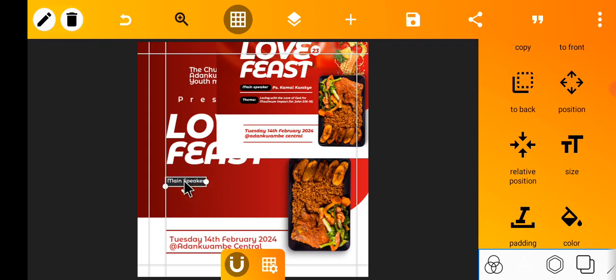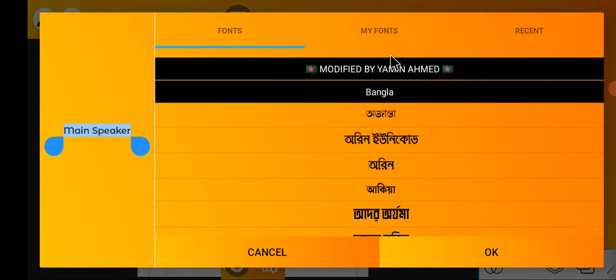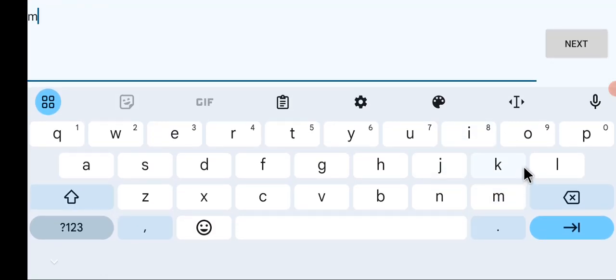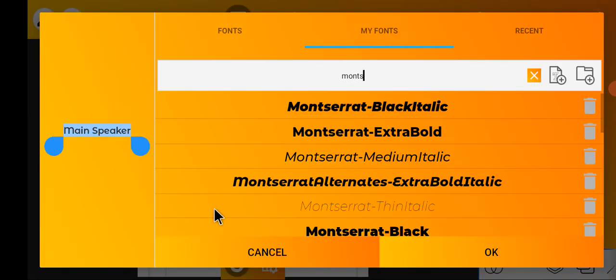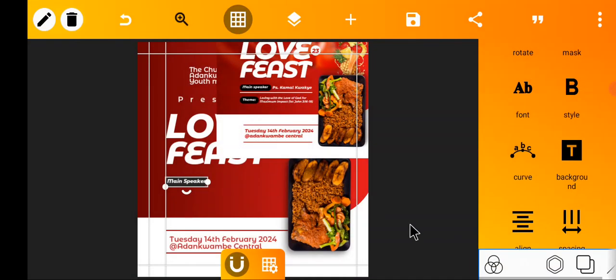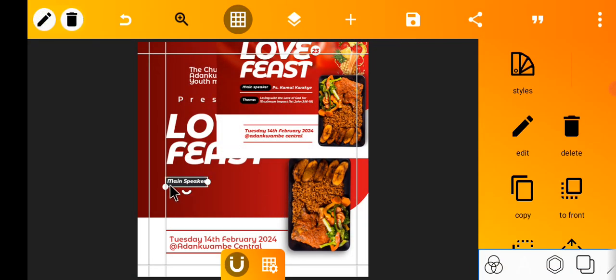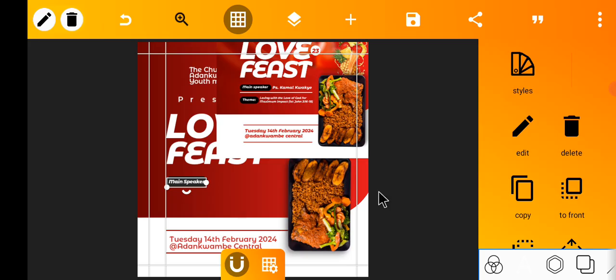Let me change the width of this font. I'll go to my font, Montserrat. I want to change the width. Montserrat. Yeah. Then I'll scale it down a bit. Yeah, to something like that. I'll just make a duplicate and type Pastor Kamal